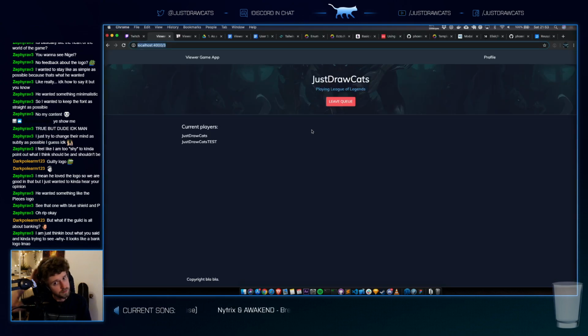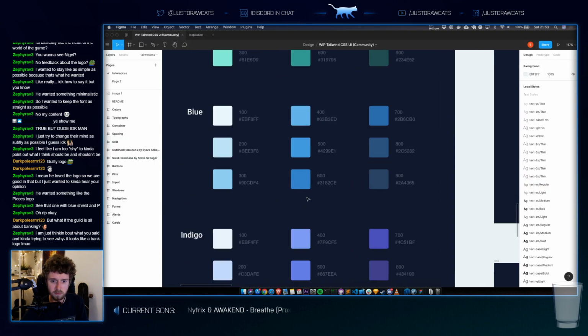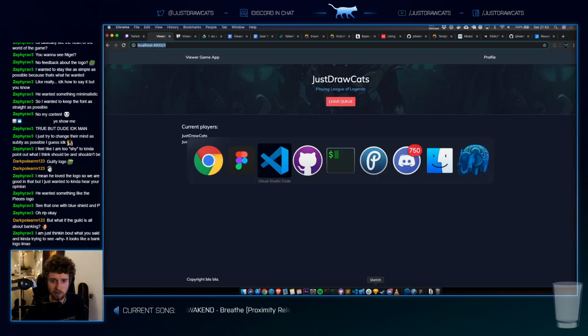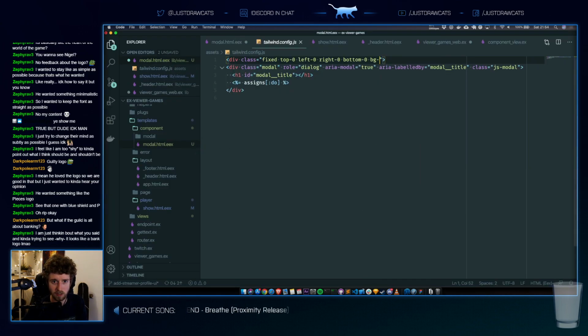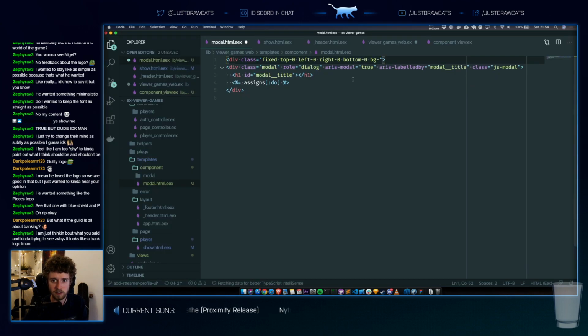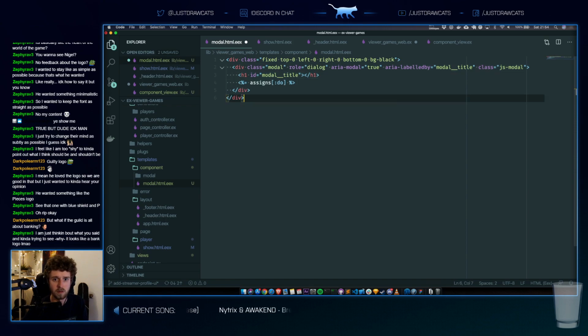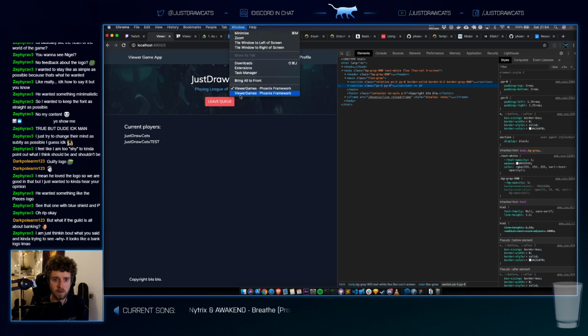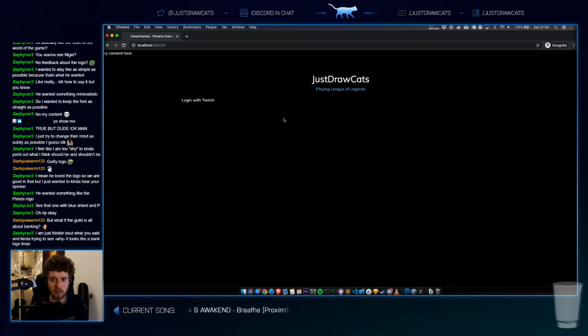background. Do I have black? I don't know if I have black. Let's check the Tailwind config. Should have black, I think. Yeah, black exists.